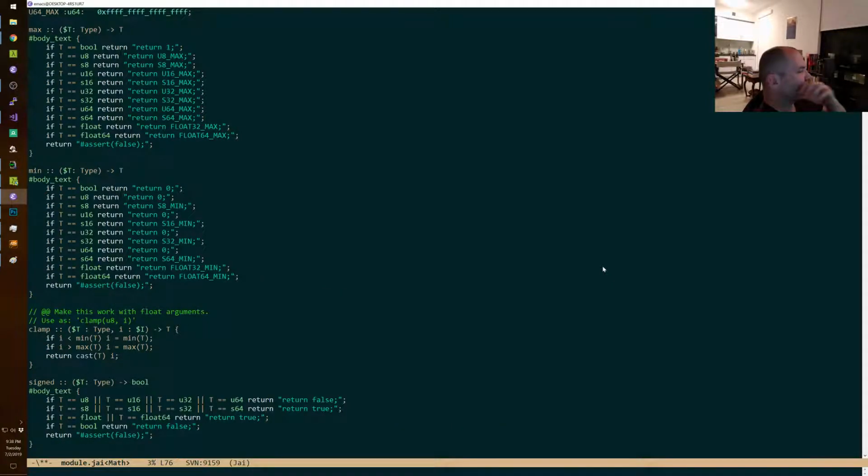I just look at this and I'm like, this is putting so much stress on the compiler to do all this stuff. Do we really have to do all this? I don't know. I don't know, man.